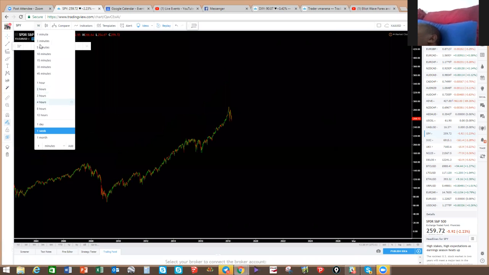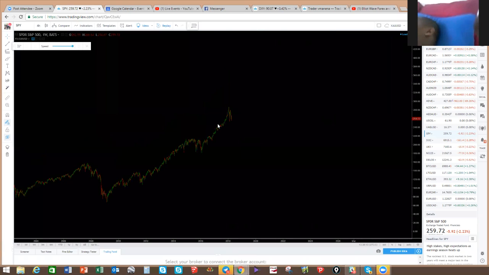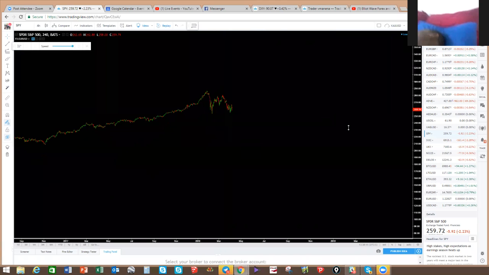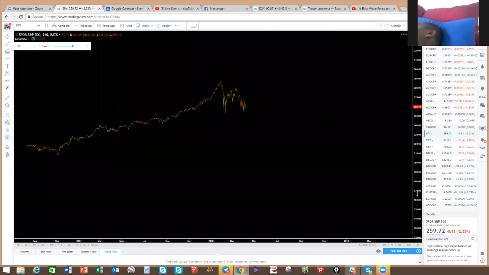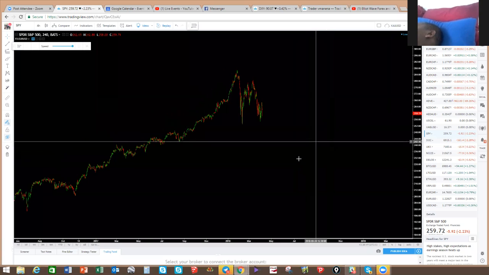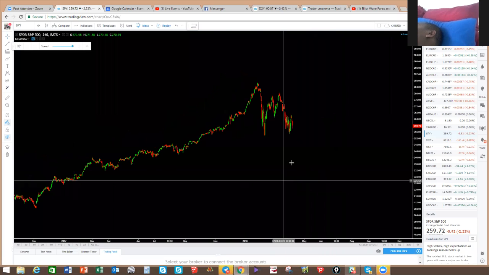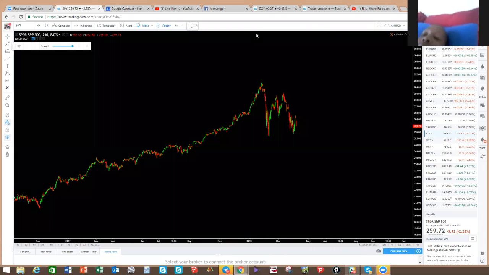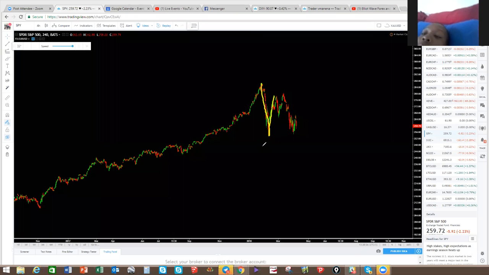I'm just gonna go straight into the 4-hour and just look at the latest piece here. So this correction can be much deeper and much longer. As you've seen, we've completed 5 waves. So what we have here is an impulsive move down. We've got a three-wave pullback, which could be an ABC. If it's an AB and this C that looks like it's ending with a diagonal here, it can be a move like that. So that can be one